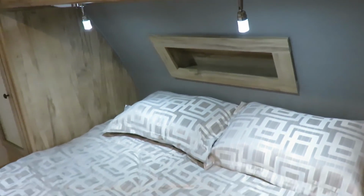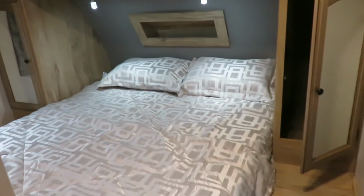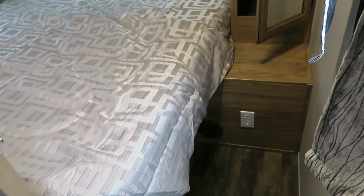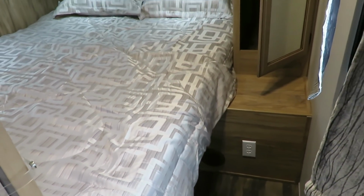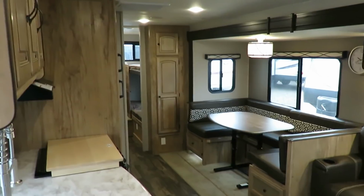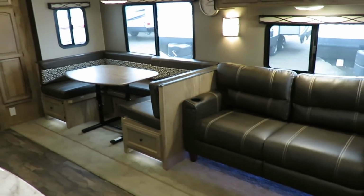That is the perfect little shelf to have your phone. You can put an alarm clock up there, my little Dick Tracy watch charger. You still have your side stands with household outlets. I mean, all they've done here is they've taken everything up a notch. In the bunkhouse, by the way, there were even USB plugs in the bunkhouse so the kids can keep their stuff charged up. Because on a garbage rainy day like today,